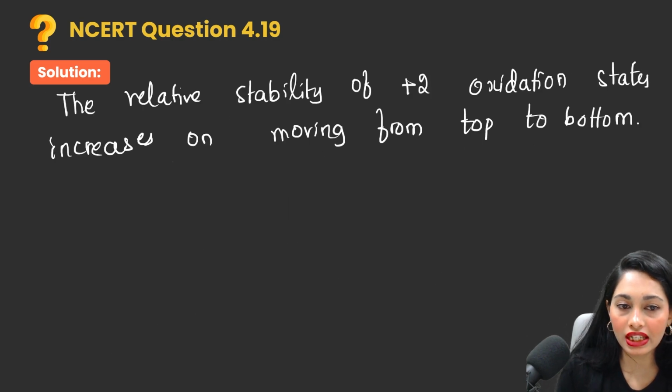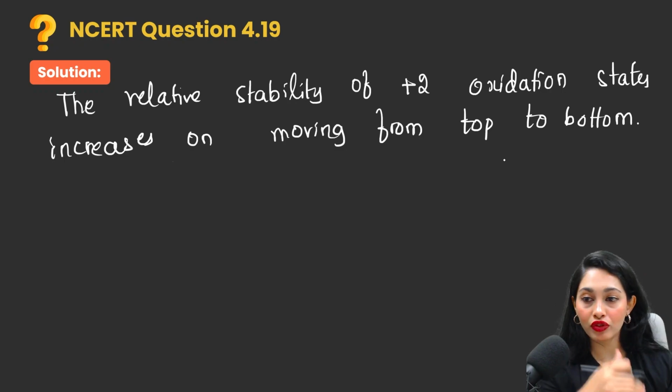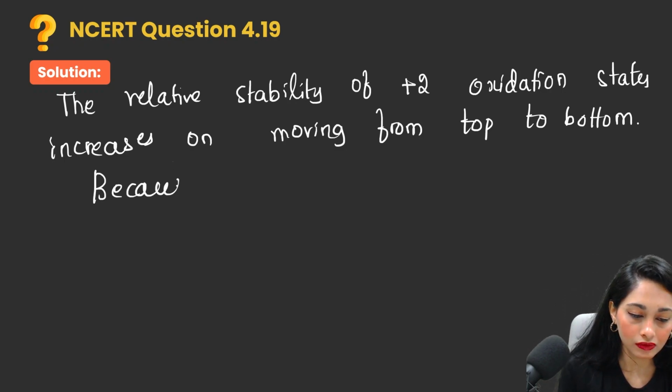Okay, so the stability of +2 oxidation state increases on moving from top to bottom, because